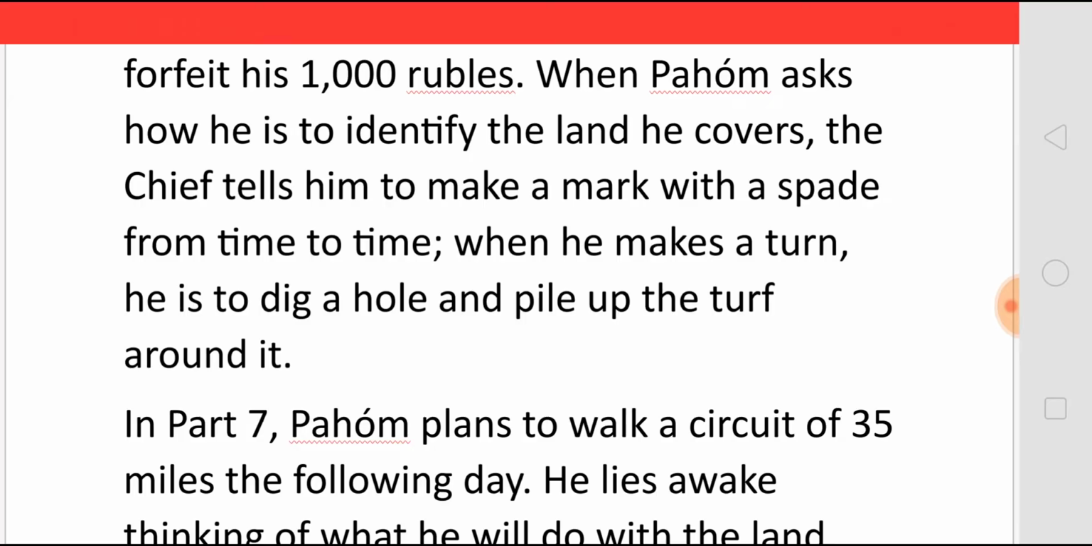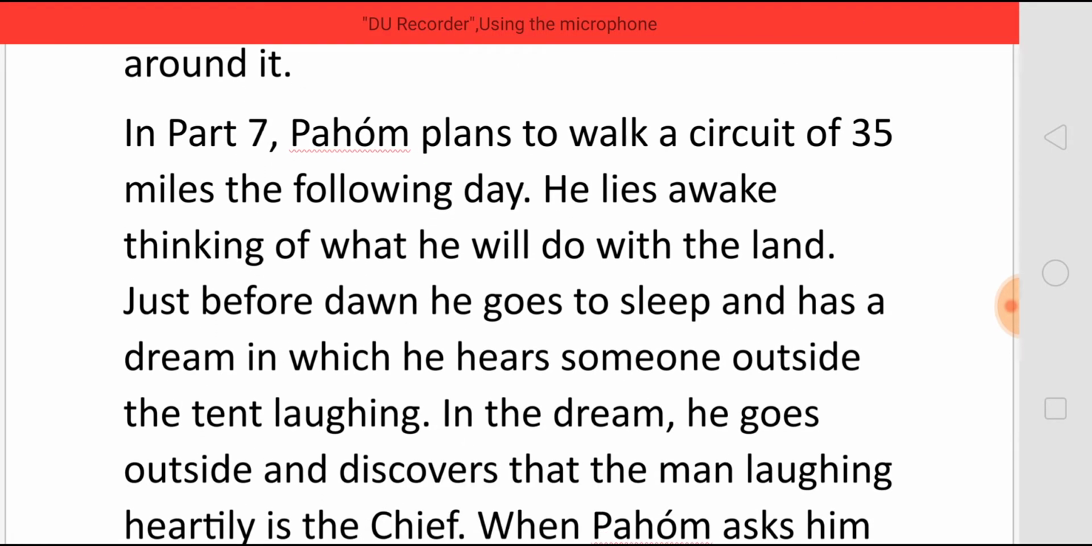So they'll know where this pile is; till that will be his land. Now in part 7, Pahom plans to walk a circuit of 35 miles the following day. He lies awake thinking of what he will do with the land. And because of this, he is unable to sleep, and he goes to sleep only in the morning and has